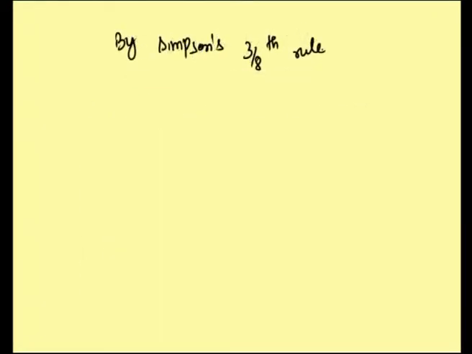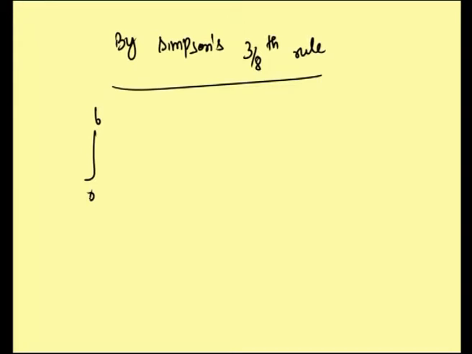Then, for applying Simpson's 3/8 rule, number of intervals should be a multiple of 3. Here number of intervals is 6, therefore we can apply Simpson's 3/8 rule, and moreover number of y values is 7, that is 6 plus 1. So, multiple of 3 plus 1, therefore we can apply Simpson's 3/8 rule, and according to Simpson's 3/8 rule